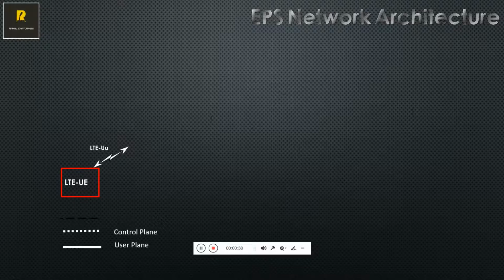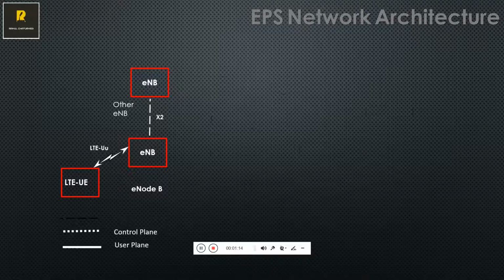LTE is the interface between the UE and the E node B. E node B is the first unit that has just been introduced in the LTE architecture. After that comes the core part, but between the UE and your E node B there is the LTE interface, that is the air interface. As we can see, E node B is connected to another E node B with the X2 interface that helps in